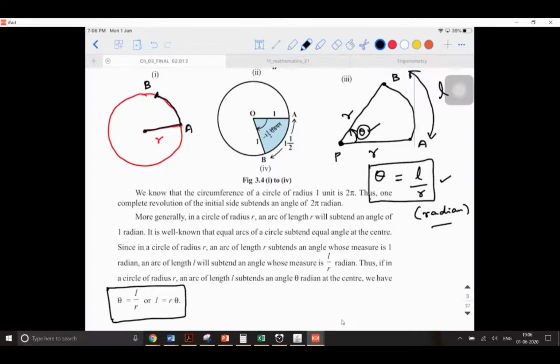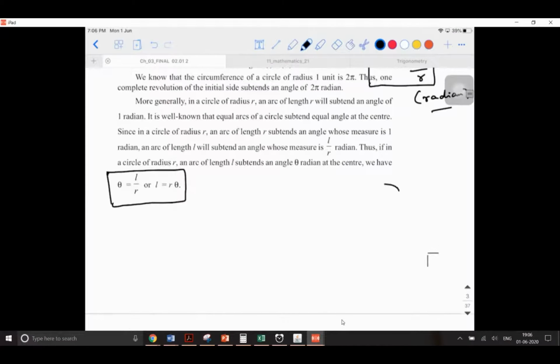So am I clear? To measure the angle in terms of degrees, you need a protractor. To measure the angle in terms of radians, you need two things. What are they? The arc length and the radius of the circle. Now I am going to show you a simple way to convert your angles from degrees to radians using this concept. This one you have actually indirectly learned last year under the concept of area of a sector. I will explain that concept, and I want you to think and tell me how to do the conversions. Last year you would have learned the area of a sector.